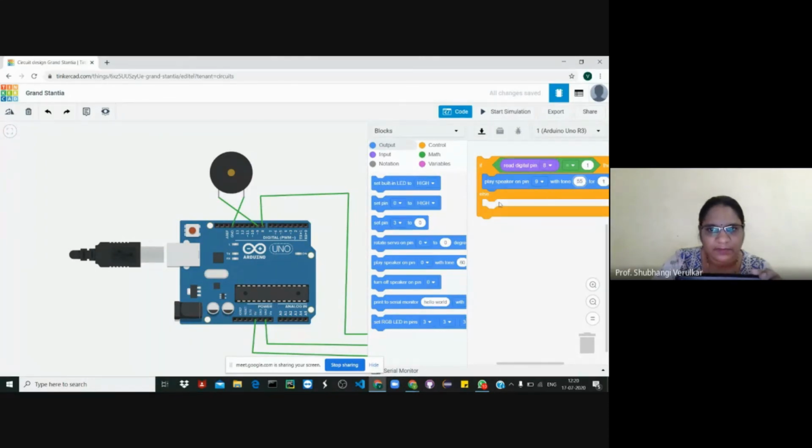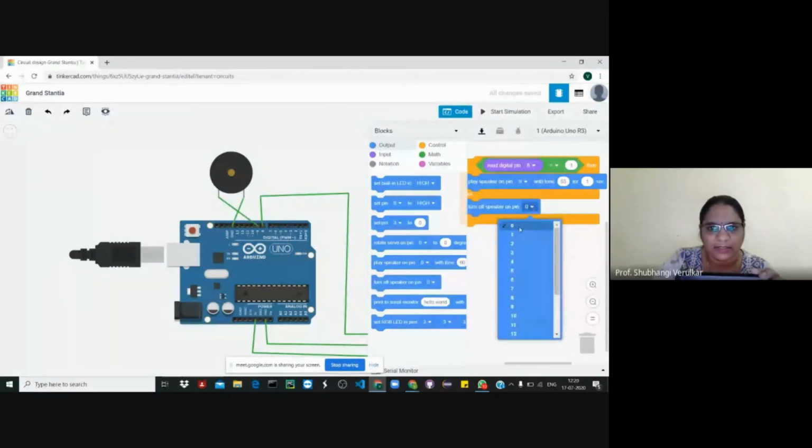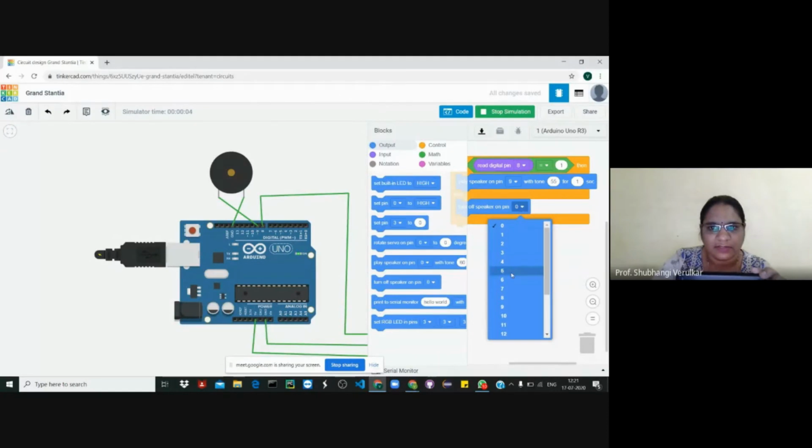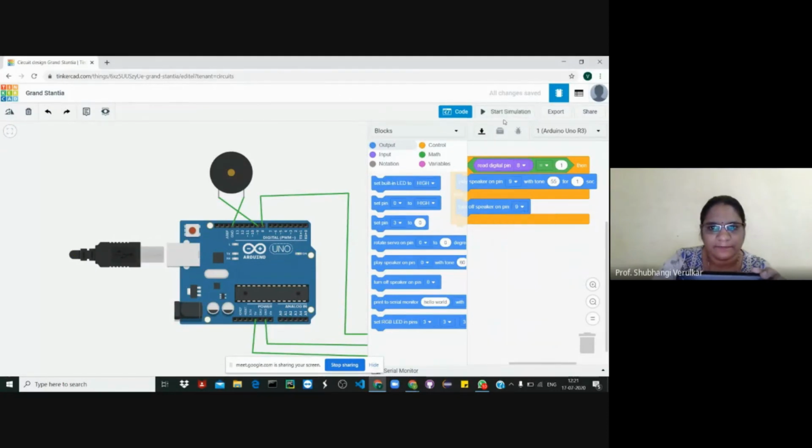Good. Turn off speaker. Everybody can try with him. It's not like that only Vishnuraj is performing. At your end, you people can try. Okay, done. Don't change anything. That is for off. Okay, speaker will. Okay, you change pin number there to 9. Speaker off pin number 9. Yes, change. Play.